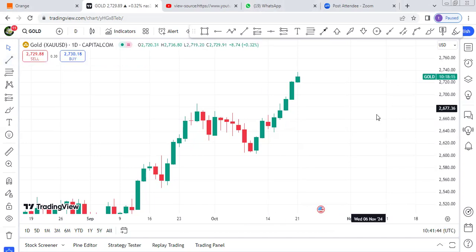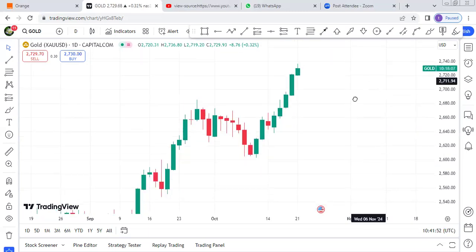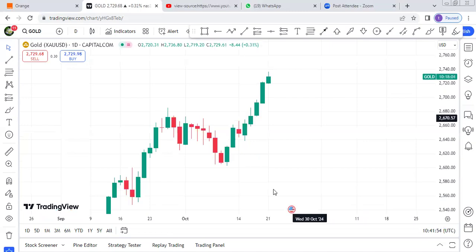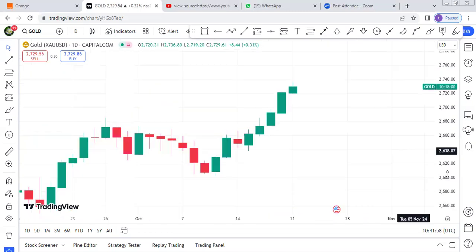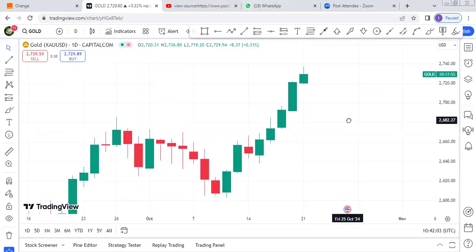Today we're just going to look at the daily structure of gold. I know most people really want to understand how gold moves, looking at the daily structures and what we should expect, and what gold has been doing all this time, and what it is that we have to look at as well. All right. So